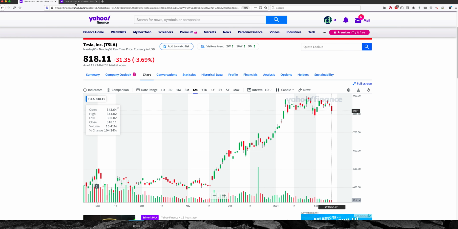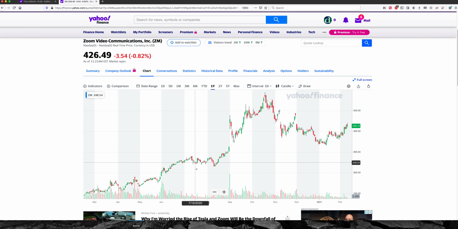So we're looking at Zoom, right? Now, a lot of Zoom support on the 1 year is around, I would say, this 246 mark. I would also say maybe not quite the 200. So I would say here around this 250, they have some support. And then the other support will probably be around this 400. What we're seeing here is this big gap up. Now, the question you want to ask yourself is